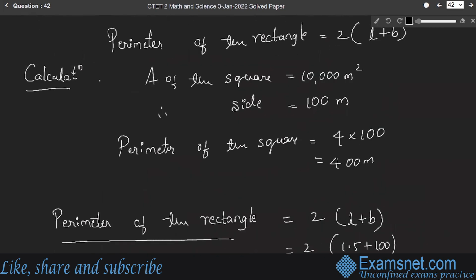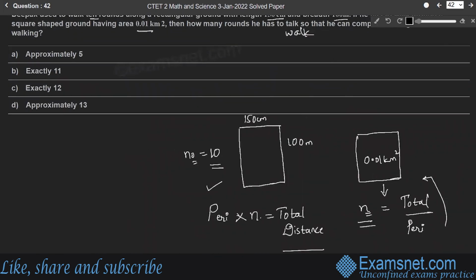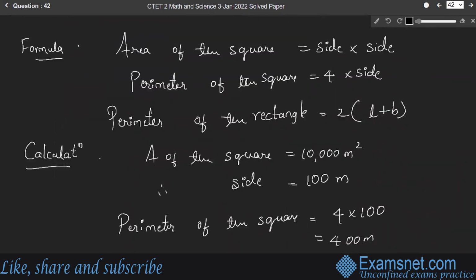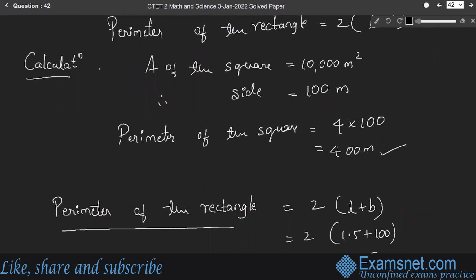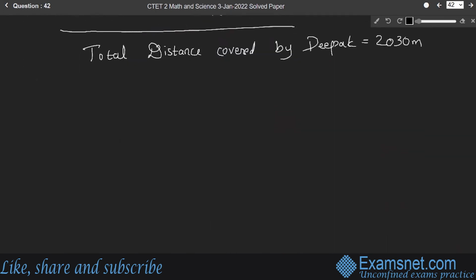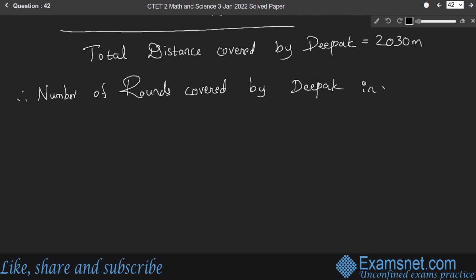If the same distance is covered around a square shaped ground whose perimeter is 400 meter, then the number of rounds covered by Deepak in a square shaped ground of perimeter 400 meter